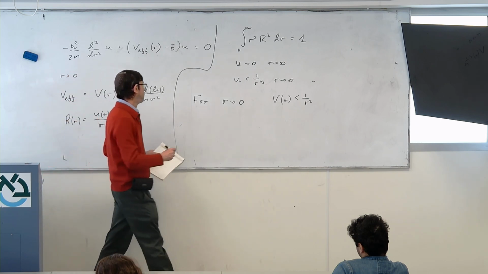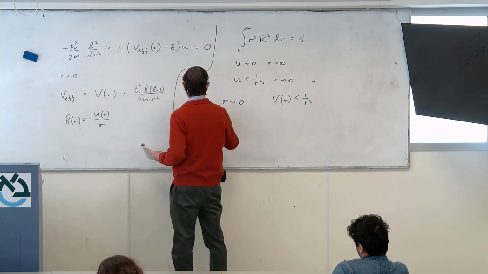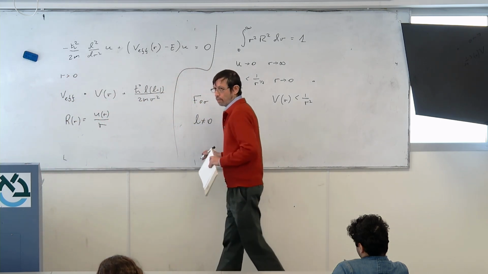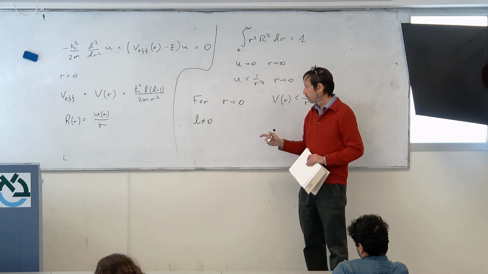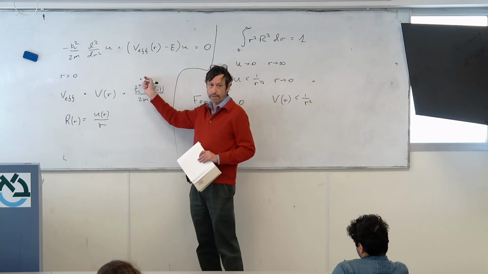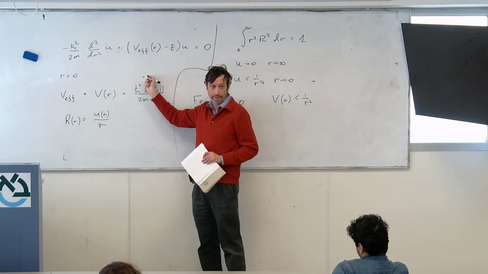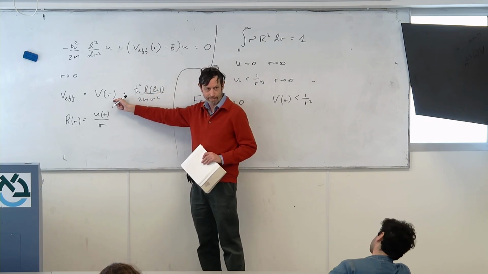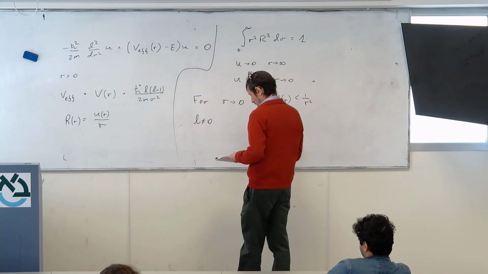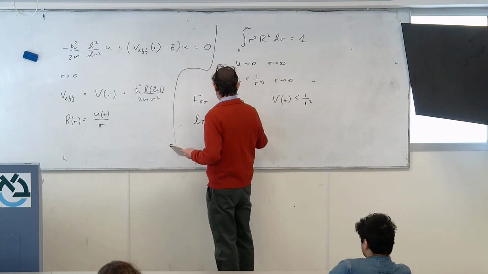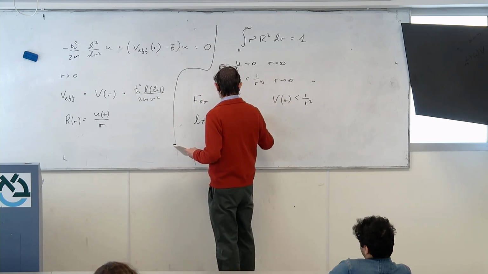So, for L not equal 0. Why not equal 0? Because if it's equal 0, this term is killed in any case, and the only important term is V(r). We can approximate the behavior at r going to 0